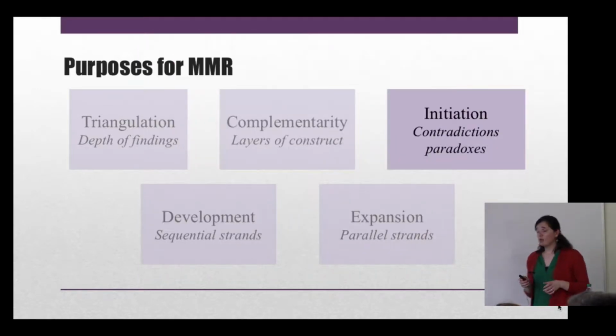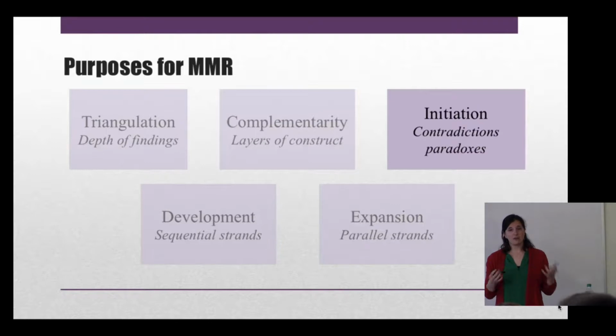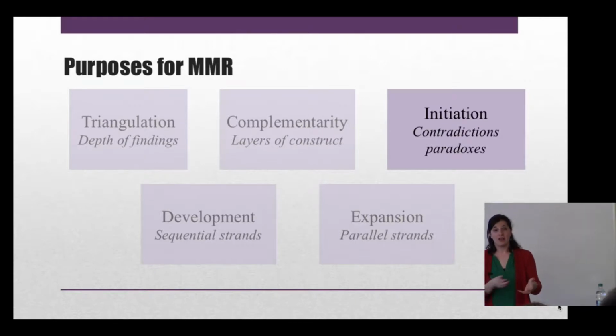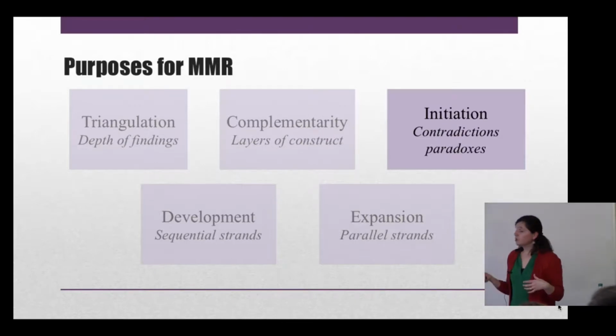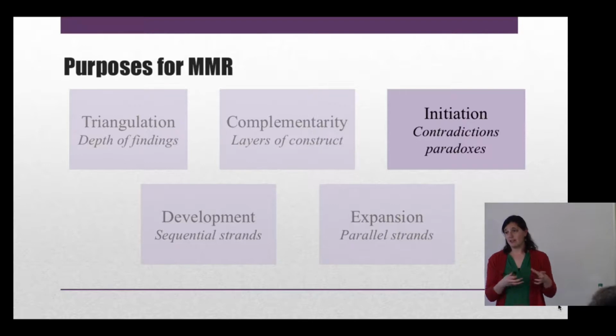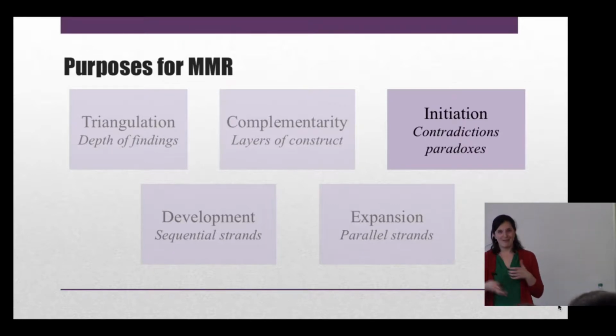Initiation studies are where a researcher has found some contradictions or paradoxes in the data already. So this could be possibly you've been reading through the literature and you're looking at a certain construct, and qualitative findings say one thing, quantitative findings say the other. And so you're going to then look at that maybe in the same population but with two strands in order to try to figure out what's going on with these paradoxes. Or you've started a study and you're already finding in your analysis some paradoxes. And so then you might bring in another strand in order to initiate that mixed methods to look at it